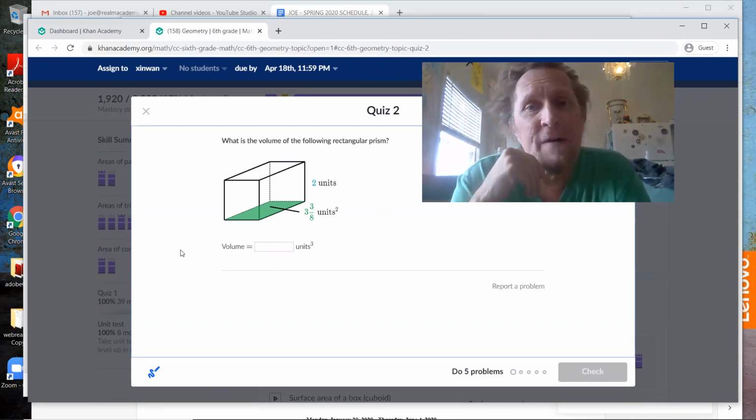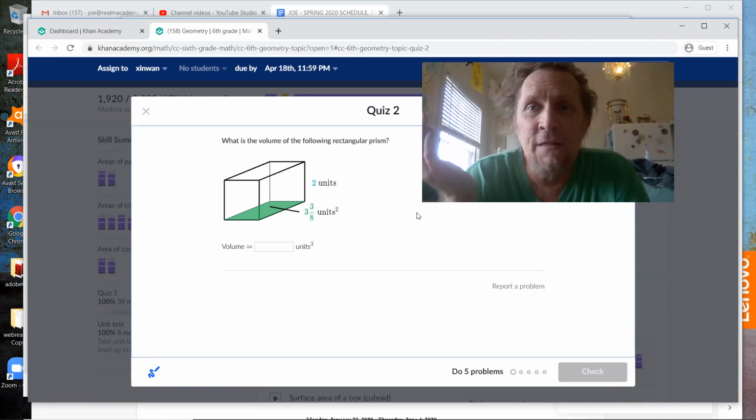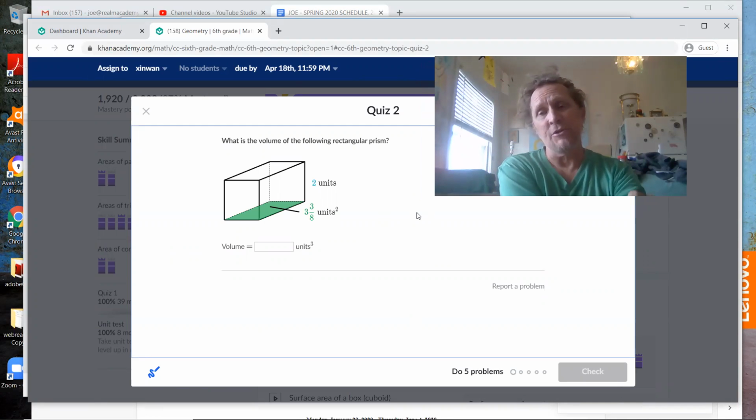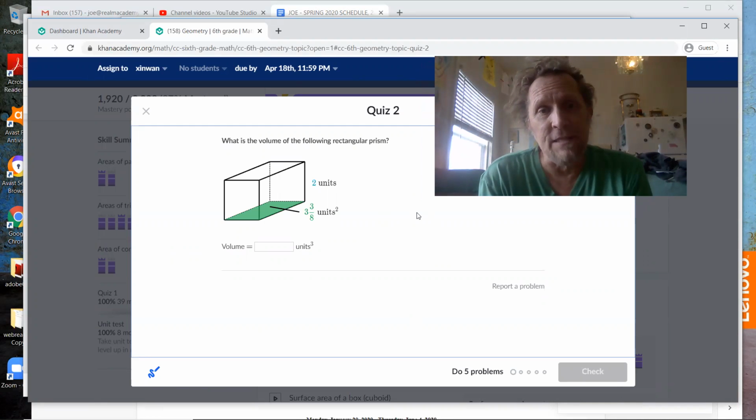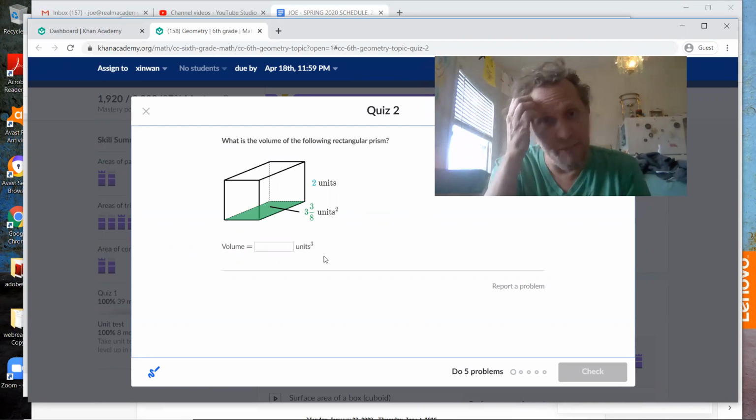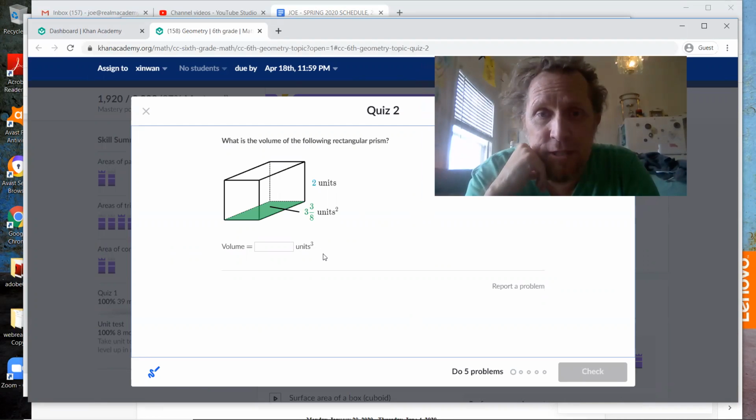What is the volume of the following rectangular prism? Well, volume is a three-dimensional measurement. And if it's 3 dimensions, then I need to multiply all 3 dimensions to find it. And I'm going to wind up with cubic units. You can see there's a 3 down there if you've zoomed into full screen to see that units cubed is